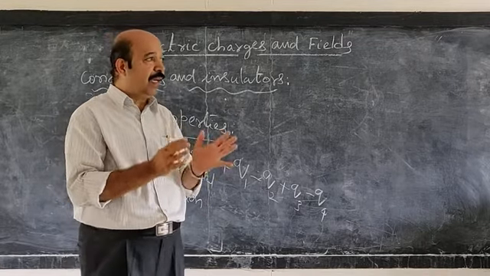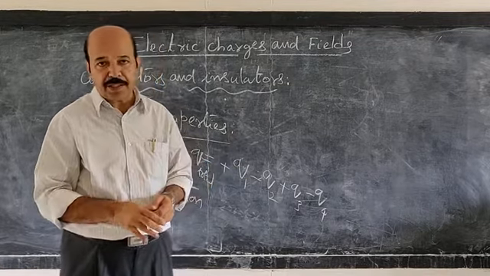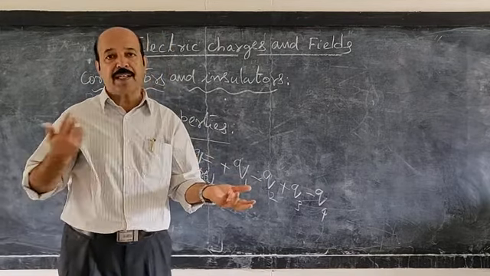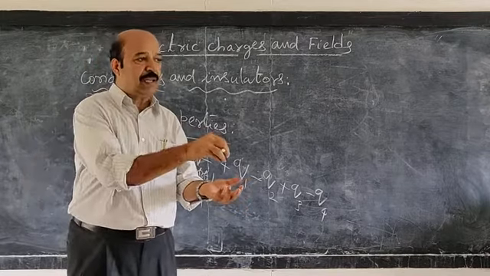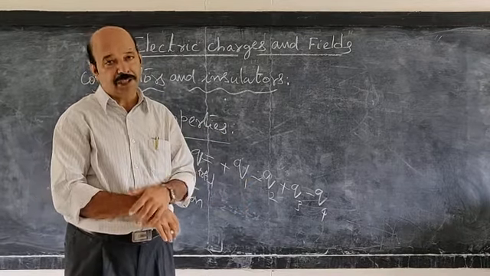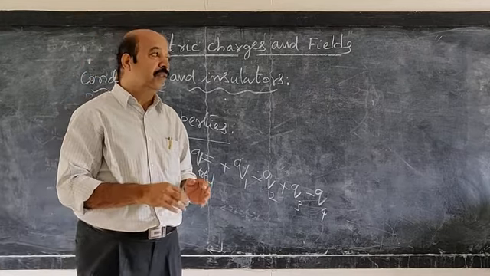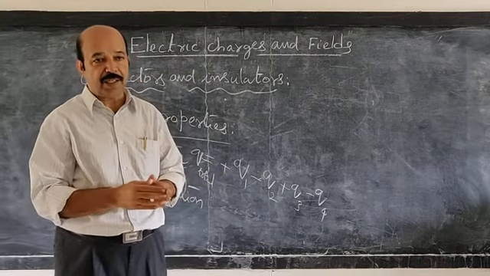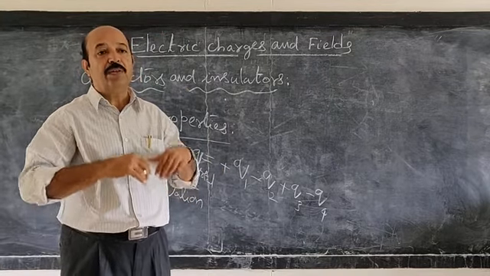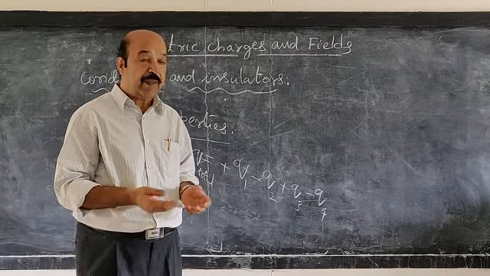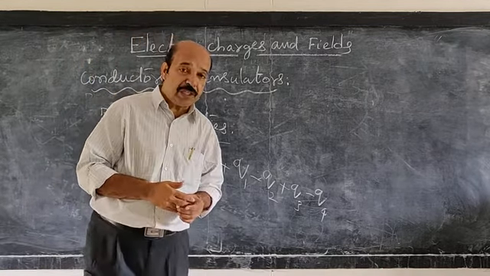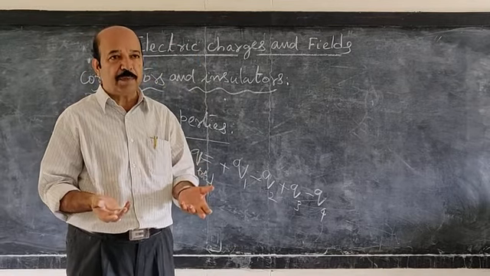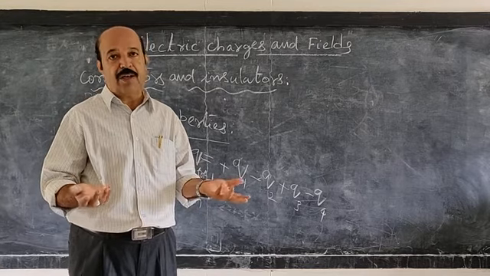So in the case of electrically neutral bodies, the total charge is 0. Therefore, you may make a body positively charged by removing some electrons, or by adding some electrons, you can make it a negatively charged body. And since it is from one body to another body, you are able to transfer the charges, but you are not able to create them, or destroy them. But one thing is, in nature, a neutron-like particle, which is a neutral particle, can become a proton and an electron.